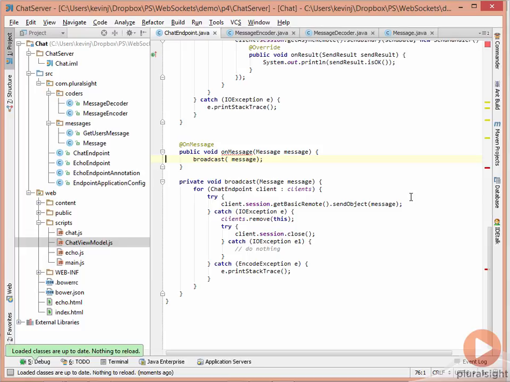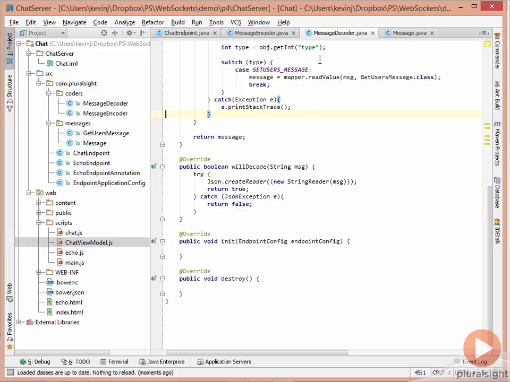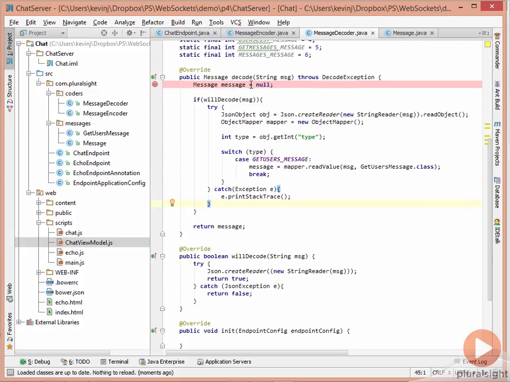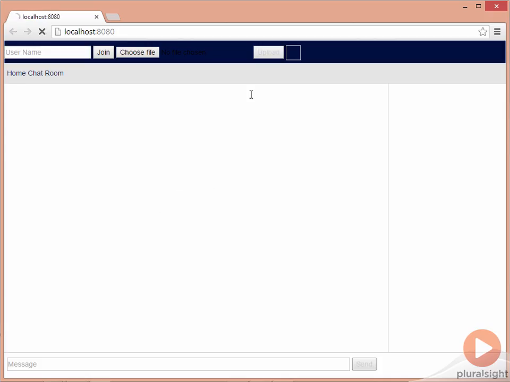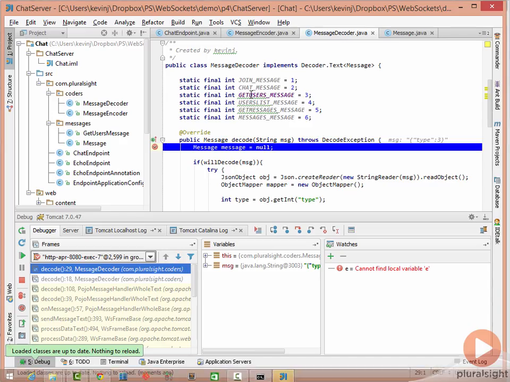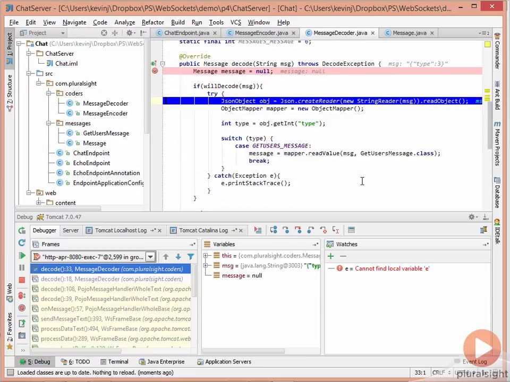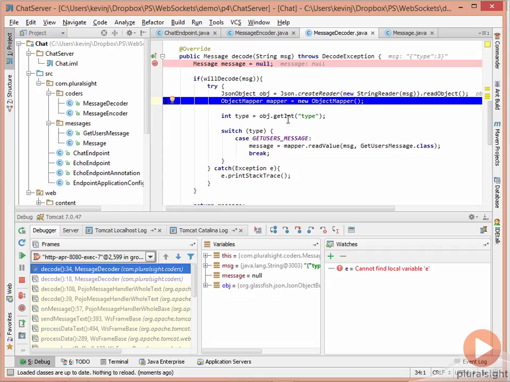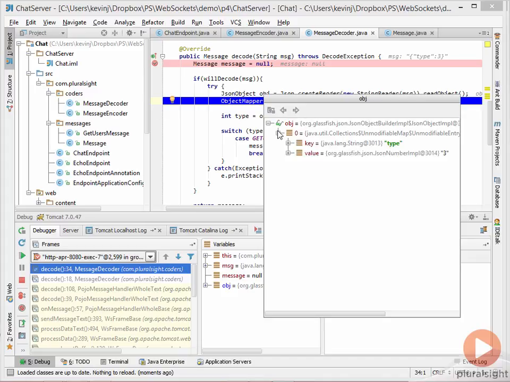Okay, so let's see if this works. We'll put a breakpoint inside on message, go to the message decoder, and we have a breakpoint set on the decode method. If I go to the browser and simply refresh, then we've hit a breakpoint inside IDEA. Sure enough, we've hit the decode section. If we step over this, willDecode returns true, and we end up with a JSON object. If we expand it, it's a collection of name value pairs, and there's a key of type, which is just the field on the object, with a value of 3,